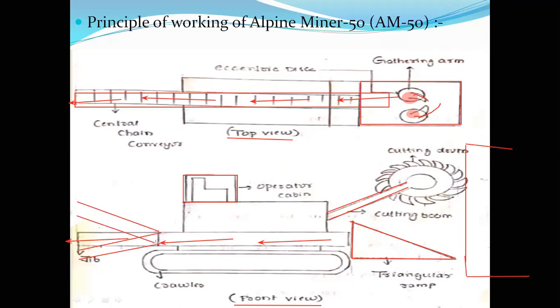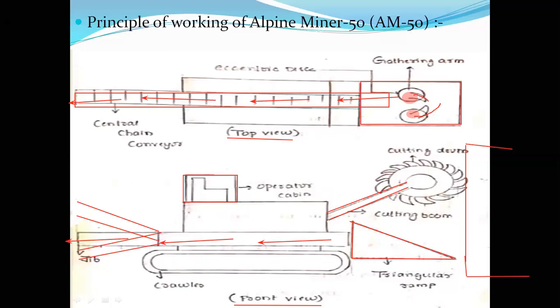Because at the other end, if there is a conveyor, it is not exactly placed at this location. Then what to do? Accordingly, the jib has to be adjusted. So the jib can be rotated in either direction, so that whatever material comes, you straight away pass it on. From there, it will be carried forward to the required position by means of a belt conveyor. Depending on the model, it is either crawler mounted or tire mounted. This is about the construction details of the Alpha AM50 or Alpha Minor.